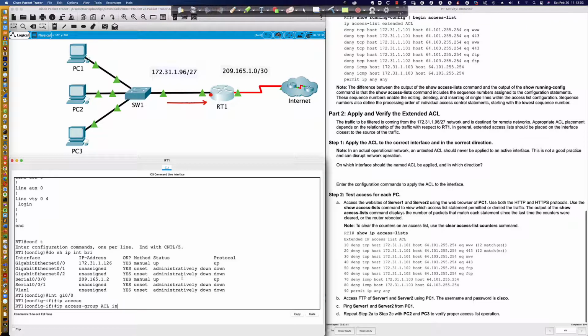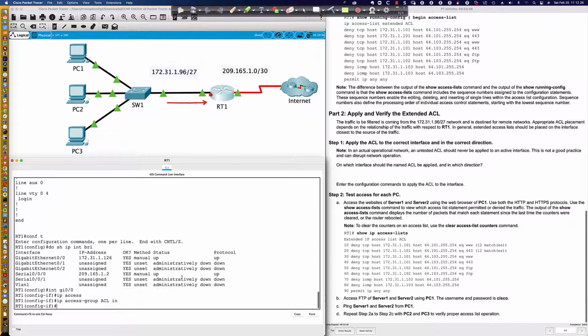Now, I'm just making sure here. Oh, excuse me. It actually has a statement that says an untested ACL should never be applied to an active interface. Very good point. It's not a good practice because, if I apply this and there are mistakes in this ACL, it could be catastrophic. So I hit enter, and you can see we've gone to 100%,